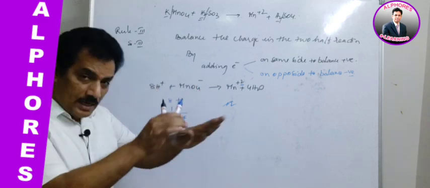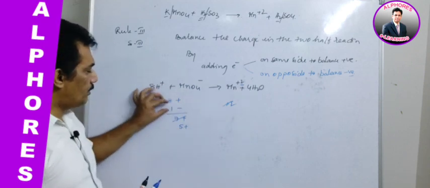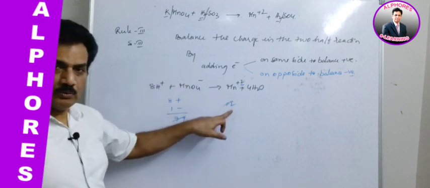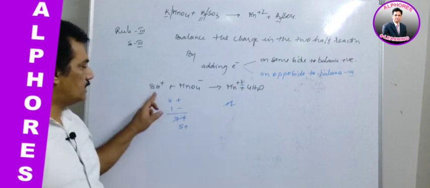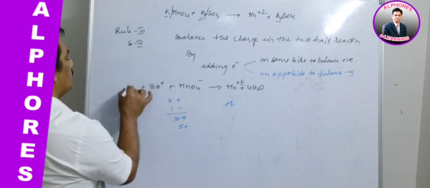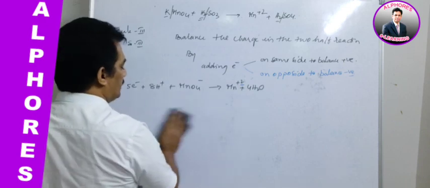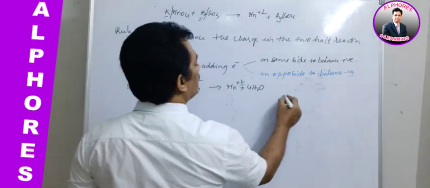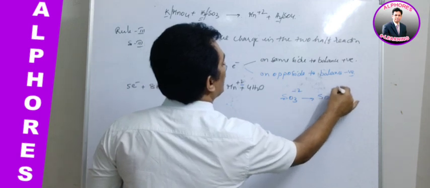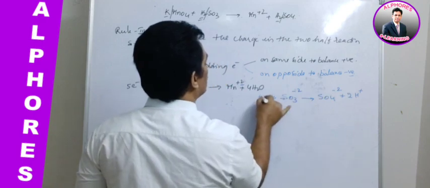Just you have to find the net result charge on this. Here 8 plus 1 minus. So 1 cancelled, the remaining is 7 plus. This side 2 plus 2. So this is also cancelled. Now net result is 5 plus this side. And to balance that, I am adding electrons on the same side, 5 electrons. Clear? And then for the next one, the second half is SO3 minus 2 giving SO4 minus 2 plus 2H plus, and this side it is H2.